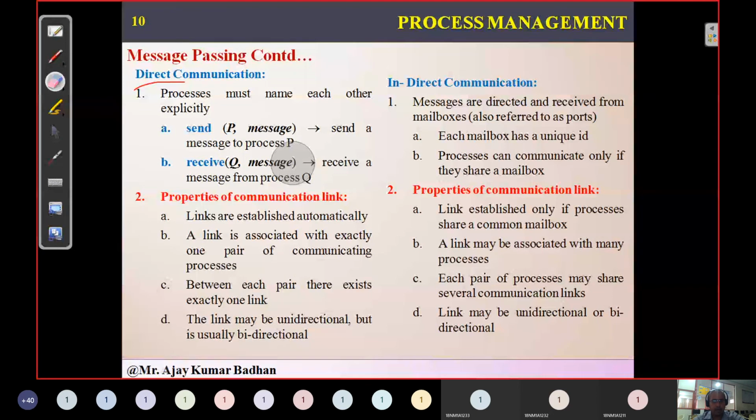Then we have something called indirect communication. In indirect communication, we cannot directly communicate. P and Q will have a mailbox. Every process will have a mailbox. P will send the message first to the mailbox, and from the mailbox it will be transmitted to the queue's mailbox. This is like the mailbox we place outside our home near the gate. Whenever the postman comes, he dumps the message into that box. Same way, this is what we call a mailbox here.